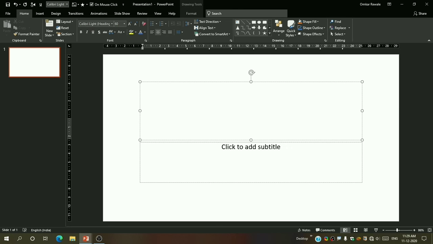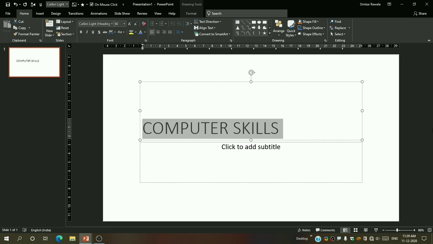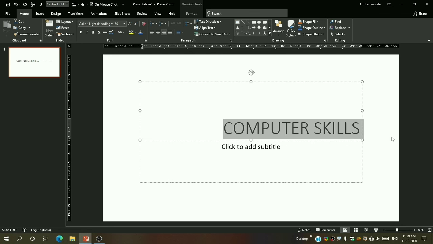I will type anything. Let me type your computer skills. Okay, computer skills. Now suppose I have to align this at left. So what I will do, I will press Ctrl plus L, and see it has aligned at left, and if I have to align it at right, I will press Ctrl plus R, and you can see this is aligned at right. And if I have to align it in the middle, I will press Ctrl plus E,